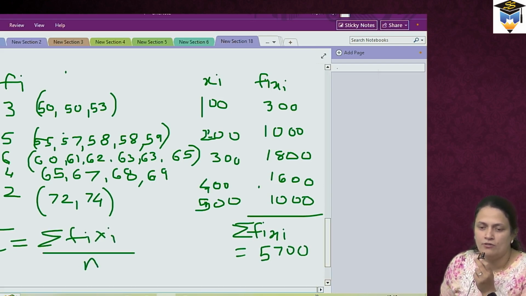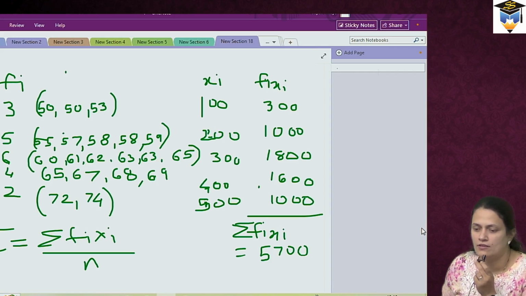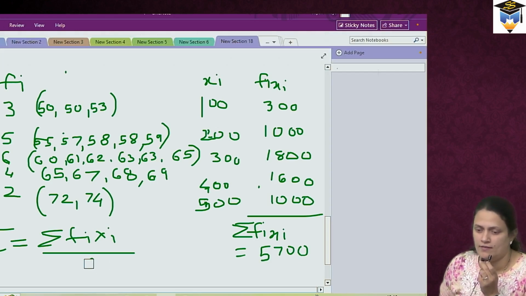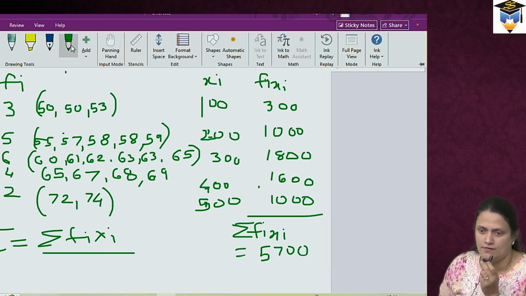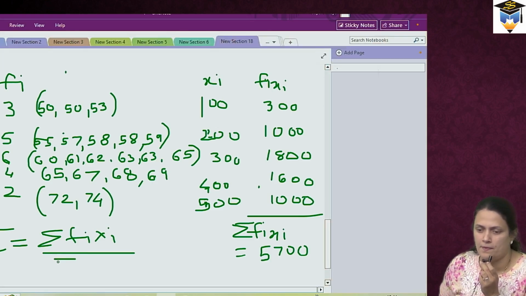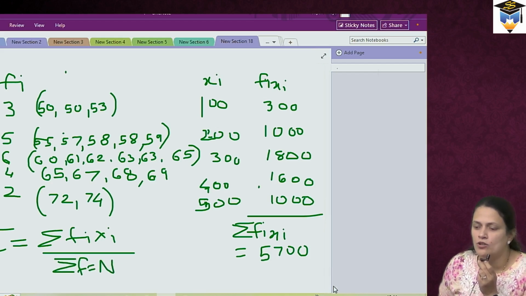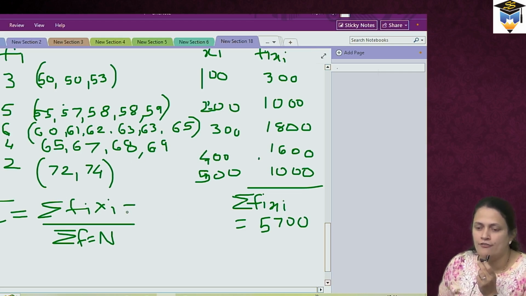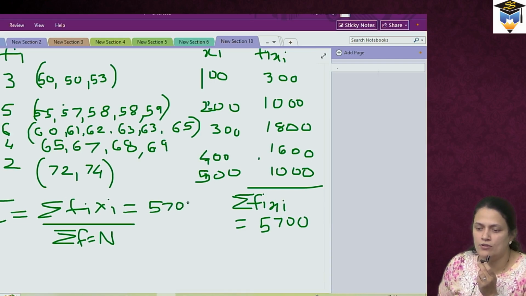What is the value of N? 1, 2, 3, 4, 5. Upon summation F. That is capital N, which is nothing but capital N. So what is summation F? 20. So that is 5700. This total comes out to be summation F, which is nothing but